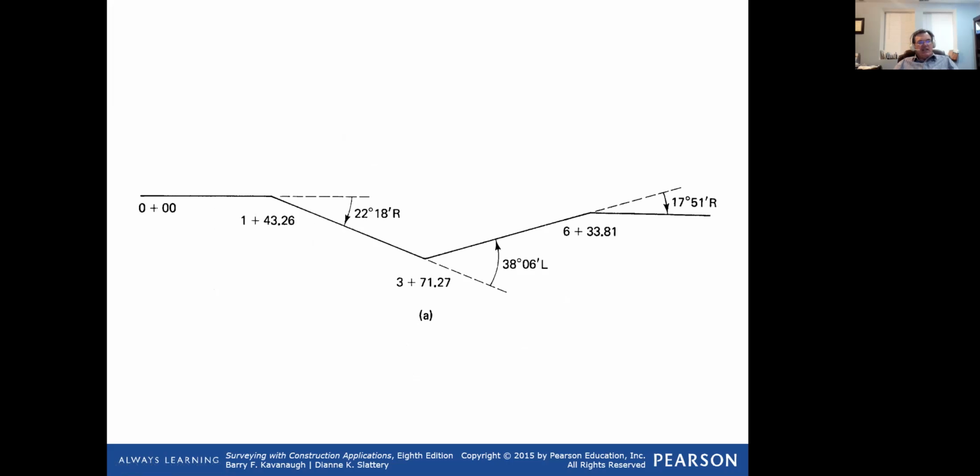This is a deflection angle. A deflection angle is when you're looking forward on a straight line, and you have a deflection off of that straight line. This is utilized in roads, water lines, even sewer lines, when you're going in a direction and then you have